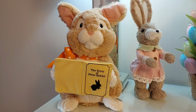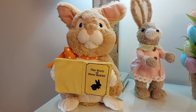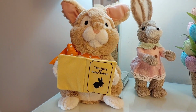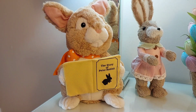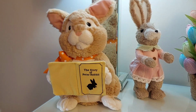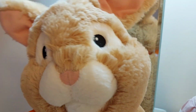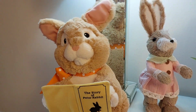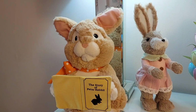Peter tried to find his way straight across the garden, but he became more and more puzzled. He climbed up into a wheelbarrow and peeked over. The first thing he saw was Mr. McGregor raking onions. His back was turned towards Peter, and beyond him was the gate. Peter jumped off the wheelbarrow and started running as fast as he could towards the gate. Mr. McGregor caught sight of him, but Peter didn't care. He slipped underneath the gate and was safe at last in the woods outside the garden. Peter never stopped running till he got home to the rabbit hole under the big tree. He was so tired that he flopped down upon the nice soft sand on the floor of the rabbit hole